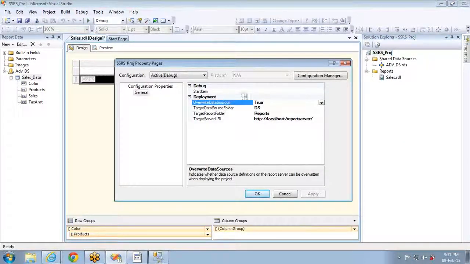Under properties, if you go here, you can see Override Data Sources is the option if you want to override the data source. For example, consider this example. You are working in an environment and the server name is dev123, and you deployed the same reports into the production, for example, and there you change the server name to prod123, if your production server name is prod123.